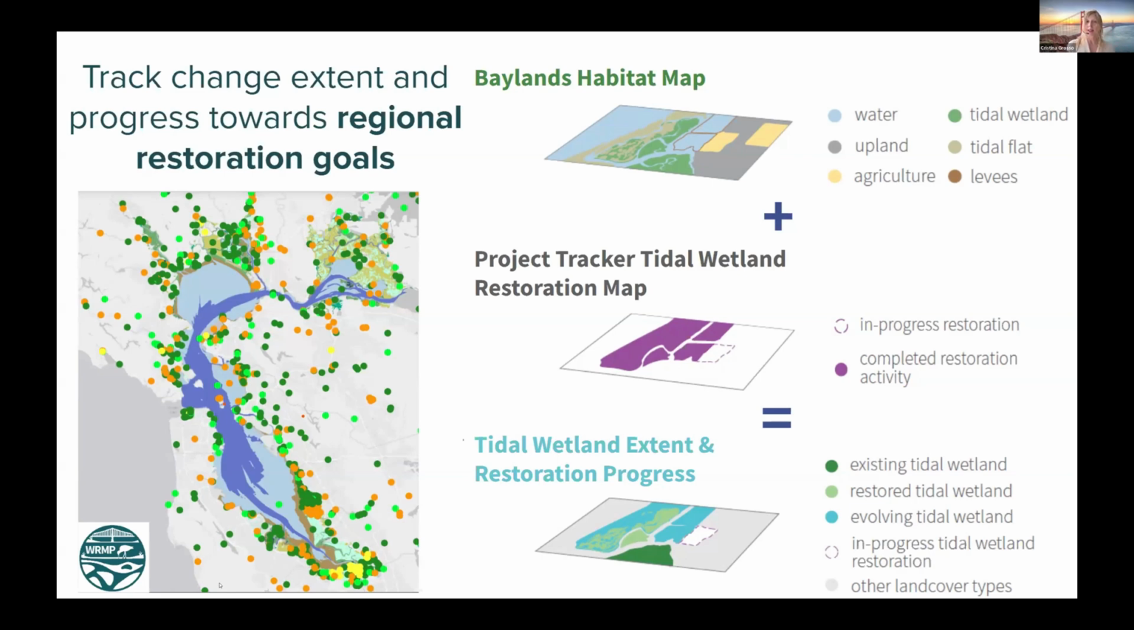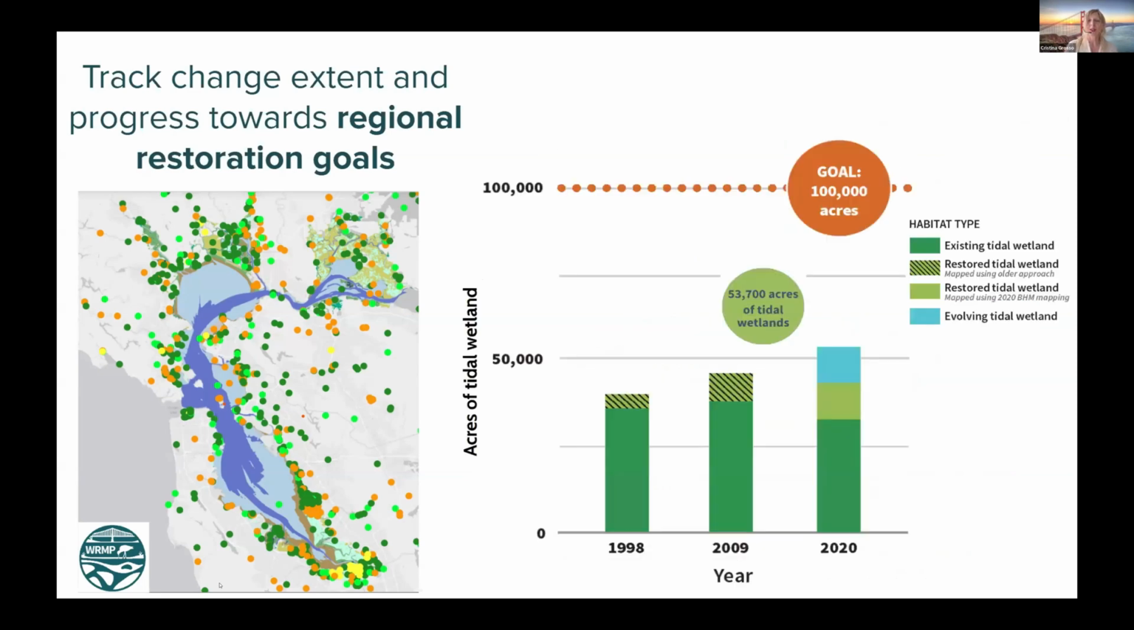They combined this layer of existing habitats with project tracker information on tidal wetland restoration, including both in progress as well as completed restoration activities. And by combining these two, we can begin to look at this more comprehensive picture of tidal wetland extent and restoration progress. So we can plot this information and begin to see how are we doing towards meeting